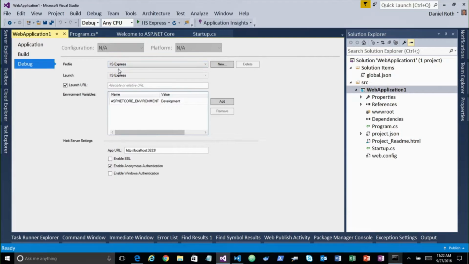This app is set up to use IIS Express, and you'll notice it's also set up to specify the ASPNETCORE_ENVIRONMENT variable. And it says, I'm in development. If you don't specify anything, if you don't say what environment you're in at all, we'll assume that you're in production. So if I were just to delete this or just change this now to,